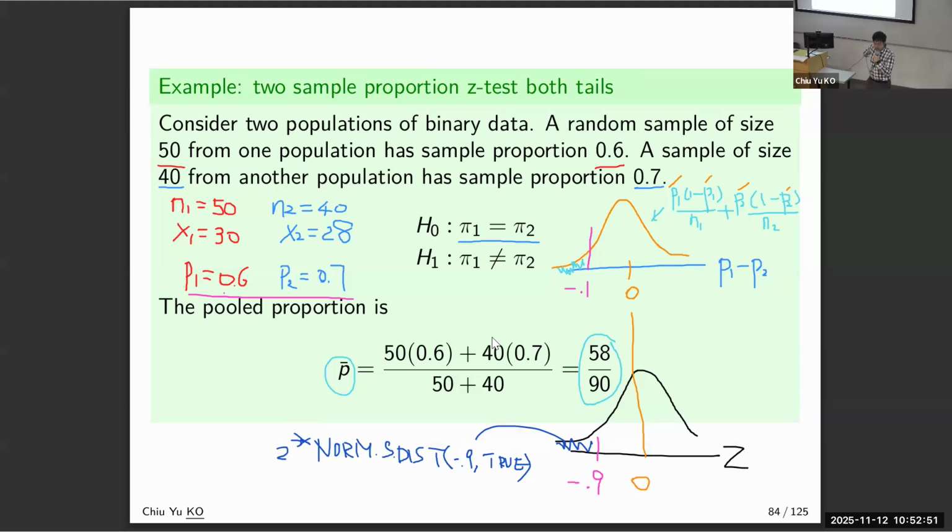The only new thing is when we do this, we use the P bar to calculate that. That is something slightly different. Okay. Is that okay? If there's no question, then we go to the very last thing for this chapter, which is